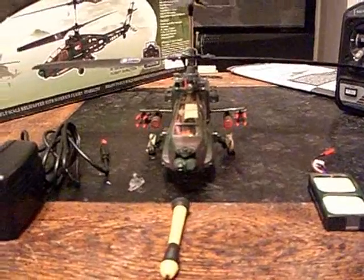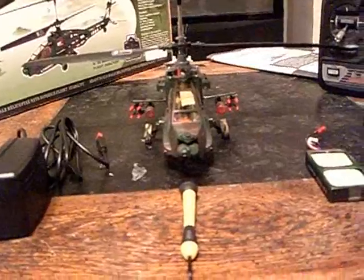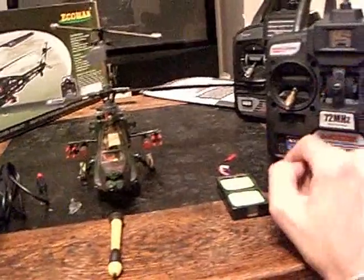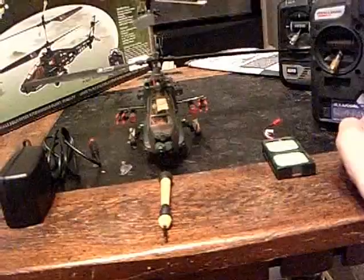messing with that. If you're in the American buying zone, you're not going to like that it comes with a mode 1 transmitter, which means your roll and your yaw are going to be switched about. And I wasn't very happy about that when I found that out, but in the midst of my preparations for